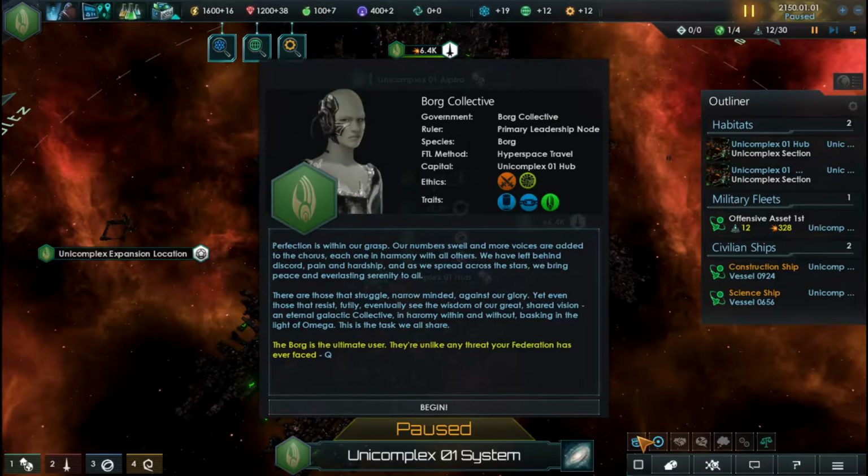Perfection is within our grasp. Our numbers swell, and more voices are added to the chorus, each one in harmony with all others. We have left behind discord, pain, and hardship, and as well we spread across the stars. We bring peace and everlasting serenity to all. There are those that struggle, narrow-minded against our glory, yet even those that resist futilely eventually see the wisdom of